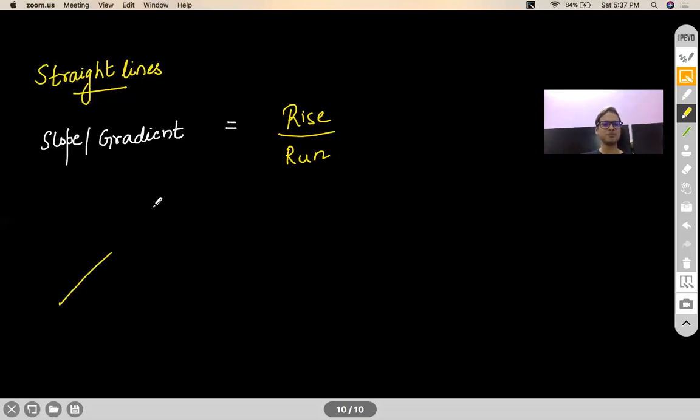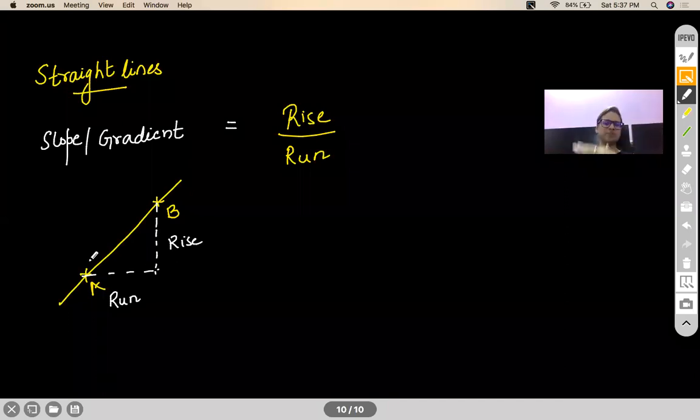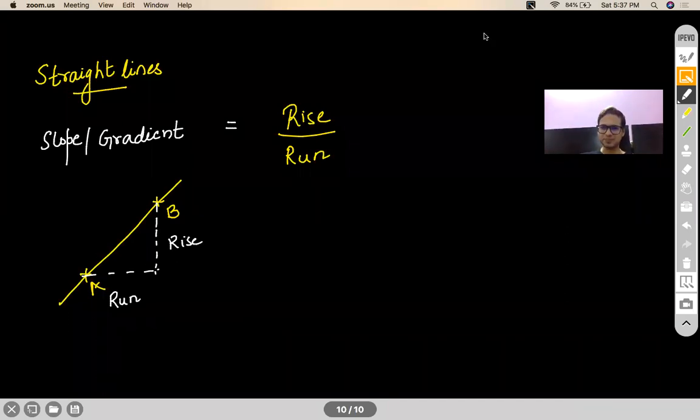Correct. So if I move from a point A to a point B, then the rise that I see to the run is called the slope of that particular mountain. So basically you can compare it with the gradient of a line. Remember, the gradient or slope of a curve is found by the use of derivatives, because in a curve the gradient will be defined for every point. On a line the gradient is fixed throughout.